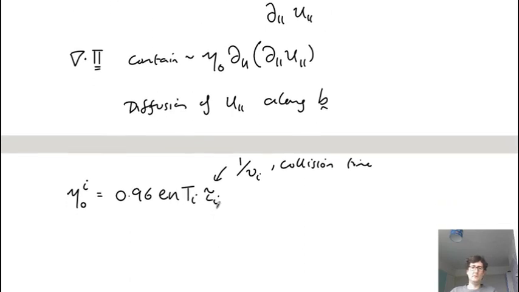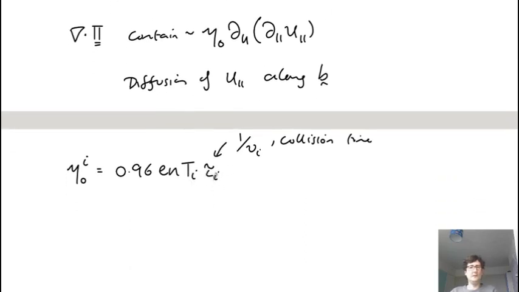So as collisions become more frequent, this gets smaller. Alternatively, if you go more and more collisionless, then this gets larger and larger. And similar for the electrons. So the electron term is, and so you can see as the collisions get more frequent, so as more collisional, then tau e goes down and this gets smaller. If there are fewer collisions,